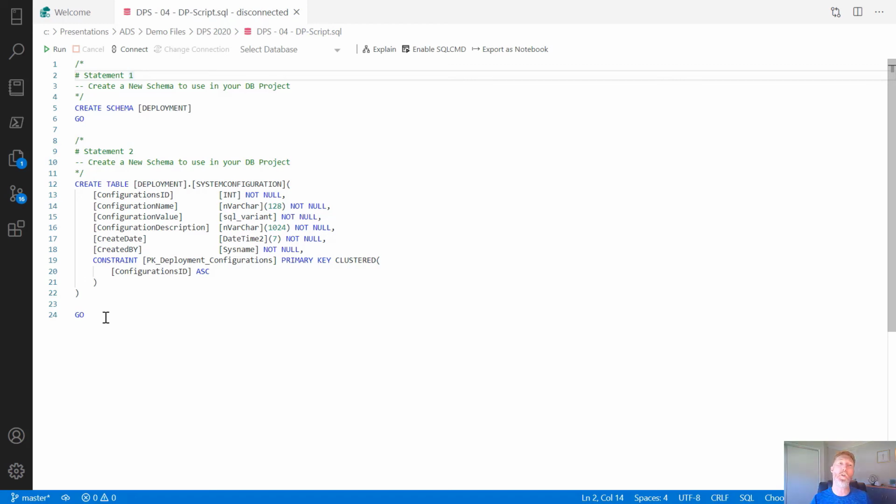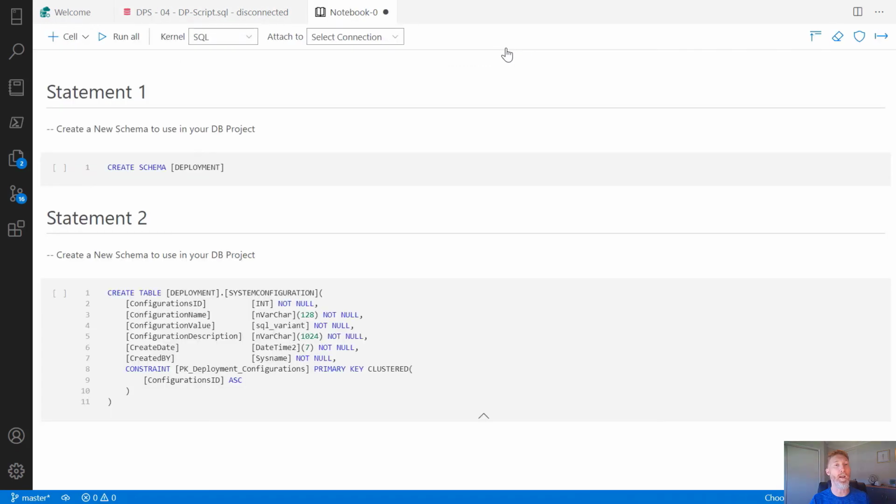But what I wanted to show you, where features are available in Insiders versus not, and still being worked on, is a great little feature, I feel, that will allow you to start and look at taking your existing T-SQL scripts and migrating them across into notebooks, or vice versa. We've got this script, and you may see just up here, which we didn't have in the GA version, export as notebook. If I click that, it's gone and created a notebook for us,